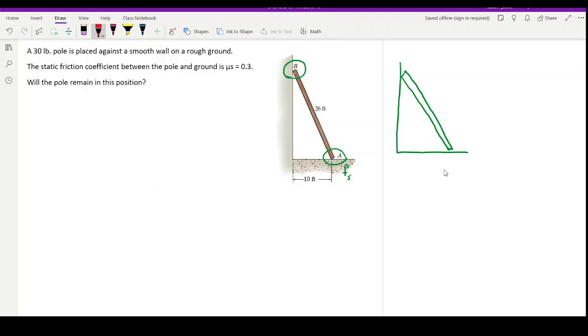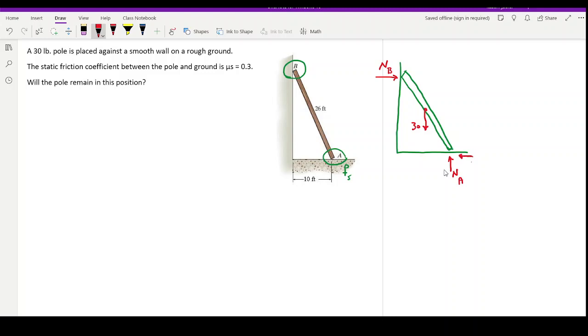Now, because there is no friction in here, we have just N, and we use NB over here. Then there is the weight, which is 30 pounds acting there. Then at point A, because there is friction, we have this normal force, which is NA, and also we have